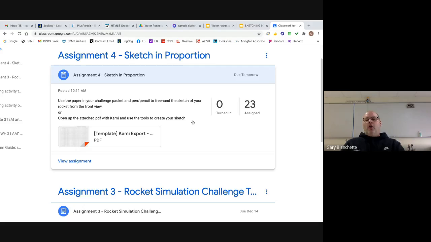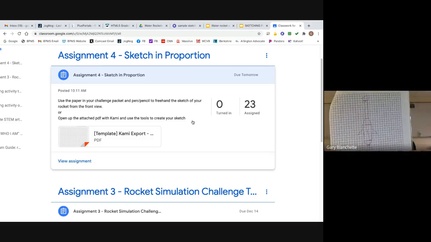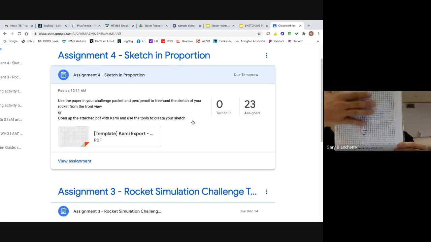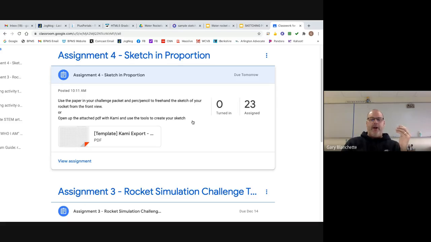So if you look in the folder that I gave you when you gathered materials, you find the packet that says Water Rocket Design Challenge. If you open it up, you're going to see one of the pages says Water Rocket Sketch and Analysis. We're only concerned with the sketch. I give you a square or rectangular piece of graph paper in order for you to do your sketch in pencil and paper, if you feel better putting your ideas down on paper. Or you can open up this template